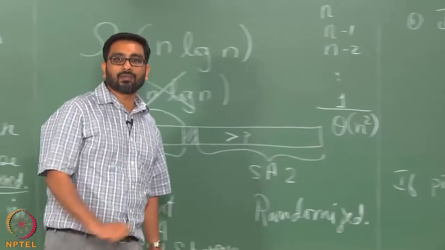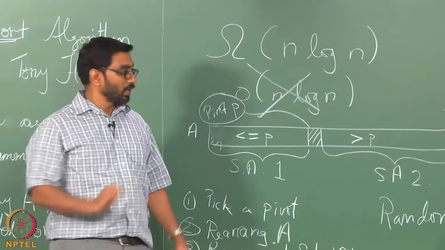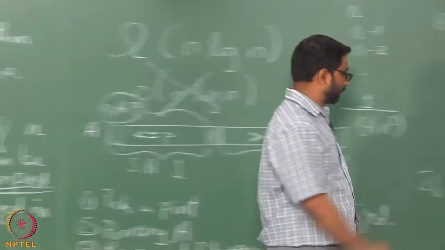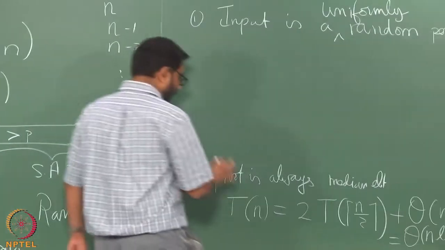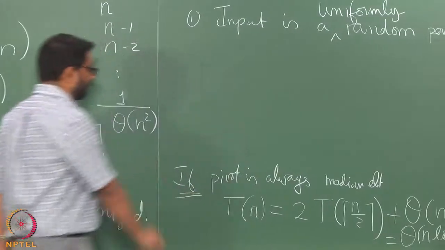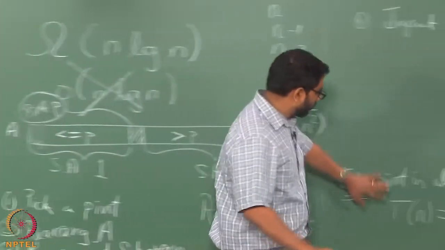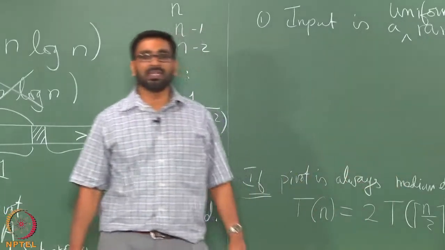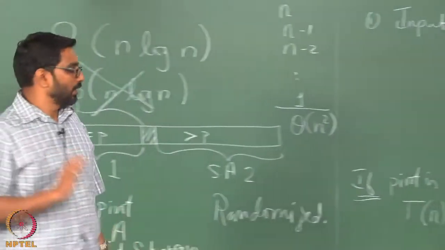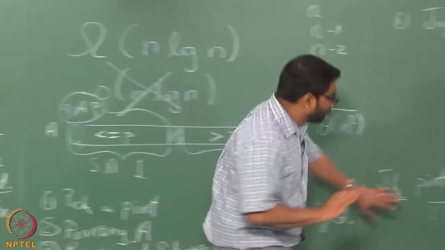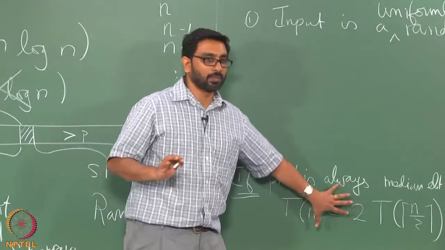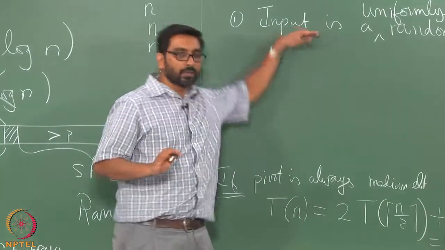Is going to be theta of n log n, if you can do this perfectly. Of course, this is hinging on a very unlikely if, and this only works if the pivot is always the median element, and that's not going to happen. But the intuition is very important, because now when we come back to this random permutation,